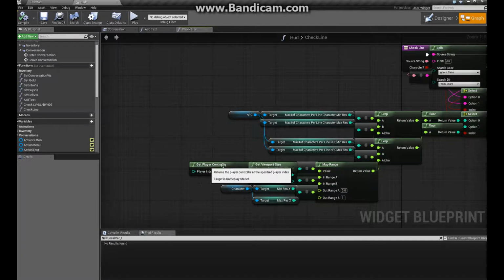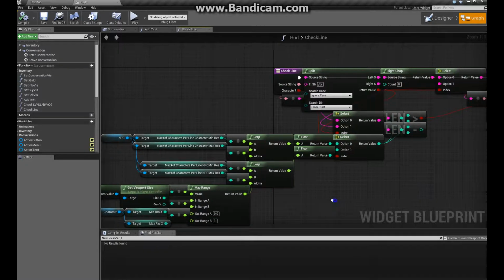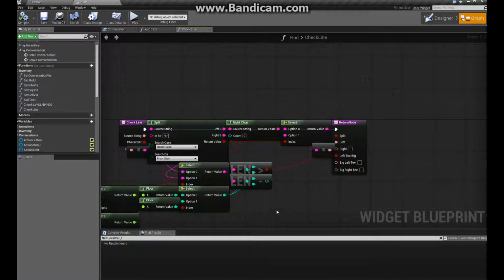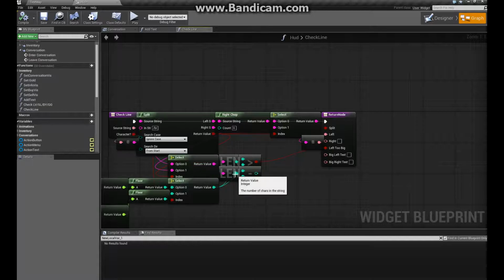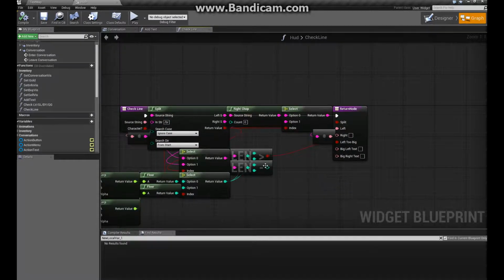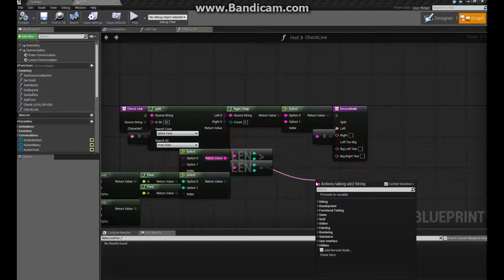And get player controller, drag off and get a viewport size, and drag the X to the value. And then get the character variable, drag off, get the min X and max res, and connect it to the A and B respectively. And then make sure to change the outrange B to 1. And then drag off the select again, get len, and subtract, and connect to the select. Okay. Then off of this, you'll need to get